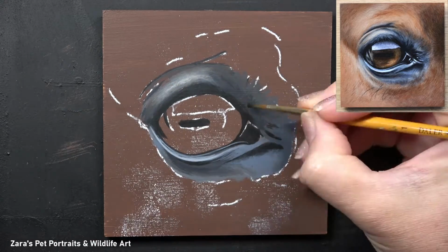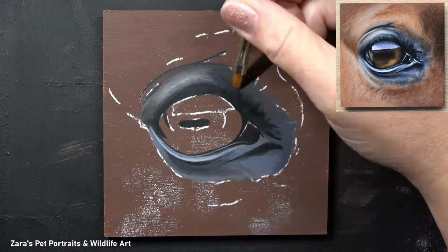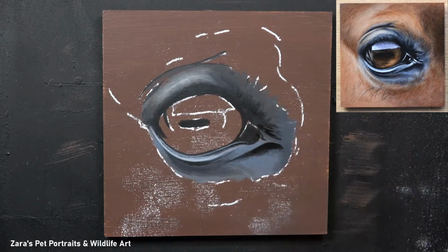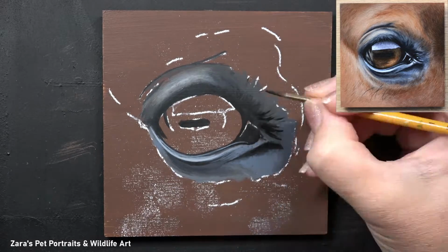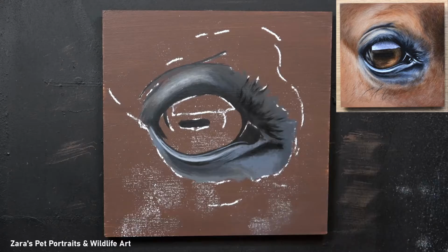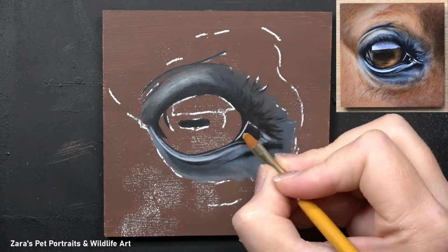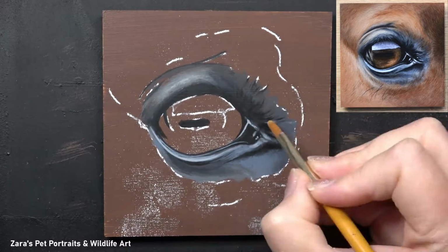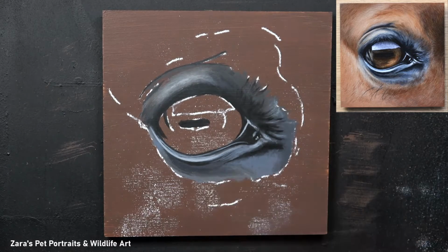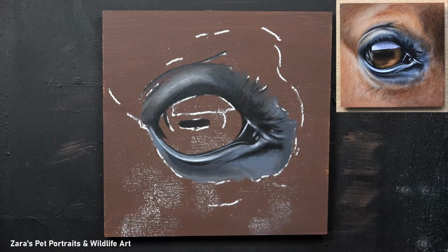This is all a layering process, and as you can see, what I've mentioned earlier, I am working from dark to light, and I always reinforce my contrast. Now contrast is something I speak about in all tutorials because it makes a real difference. If your shadows aren't dark enough and your highlights aren't bright enough, the painting will just be generally far flatter. It doesn't matter if the colour is spot on, because if the contrast isn't right, it will just look very two-dimensional. So here, that's why I'm going back in, adding some highlights, darkening up my shadows, and just tweaking those